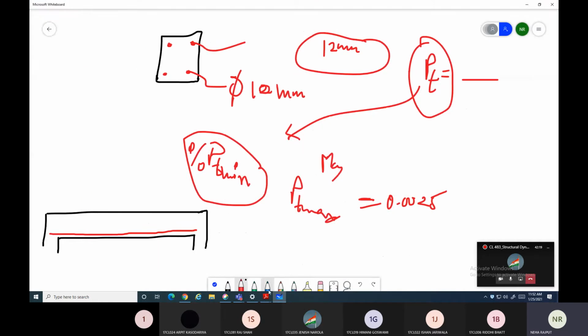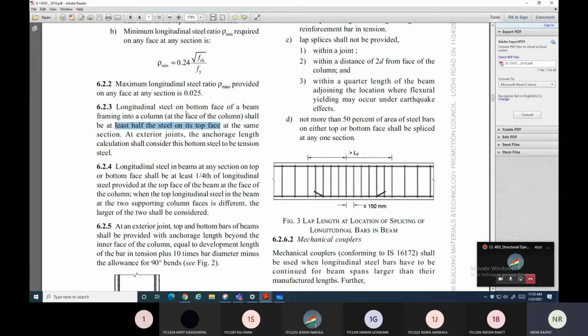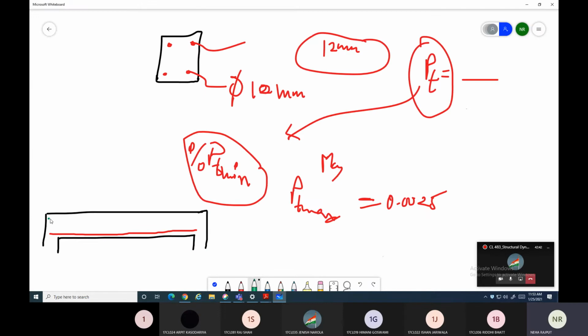तो यहाँ पे ये जो reinforcement है कितना होना चाहिए? हाफ द स्टील. कॉलम में जो reinforcement जा रहा है वो कितना होना चाहिए? एटलीस्ट हाफ द स्टील ऑन इट्स टॉप फेस एट द सेम सेक्शन. मतलब कि सपोज यहाँ पे कोई स्टील है टॉप में, ठीक है. सपोज आपने कर्टेलमेंट किया बॉटम का, तो ये मैंने बॉटम का कर्टेलमेंट किया. ये है हमारा सपोज कॉलम, ठीक है. सपोज ये थे मेरे 6 नंबर्स ऑफ बार्स, ये मेरे 6 नंबर ऑफ बार थे. मैंने कर्टेल किया 2 बार, तो यहाँ पे हो गए मेरे 4 नंबर्स ऑफ बार कॉलम के अंदर.